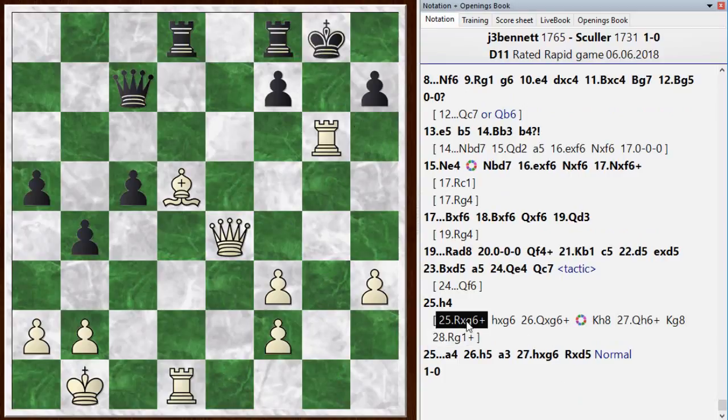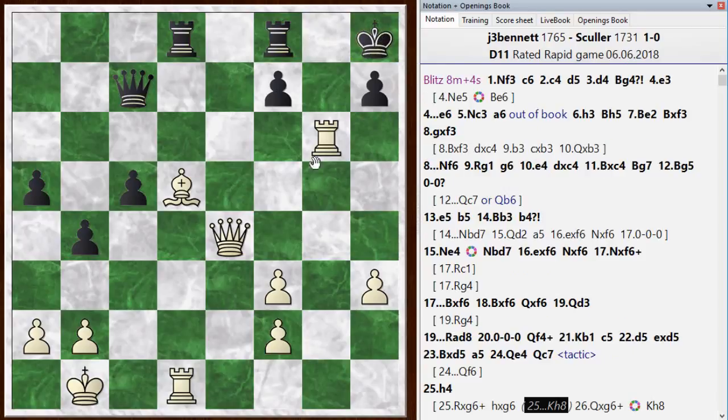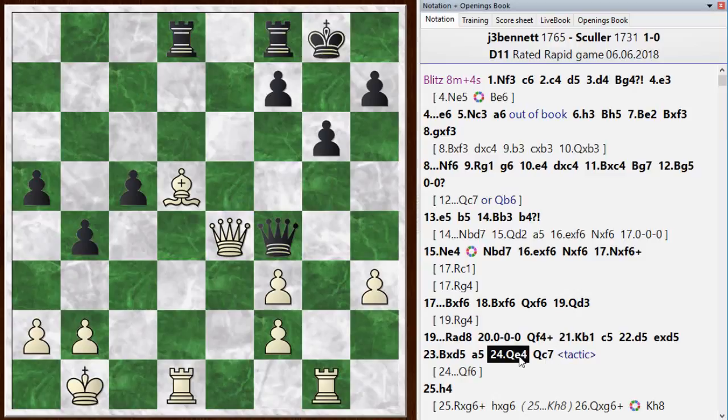So after rook takes g6, he has to just move his king to the side, and you've just opened up his king to a pretty huge attack here. Anyway, so rook takes g6 is a nice tactic. Actually, in this position, the queen could drop back to f6, and the game would continue. But anyway, I didn't take advantage of that tactic. After queen c7, I pushed on with h4,